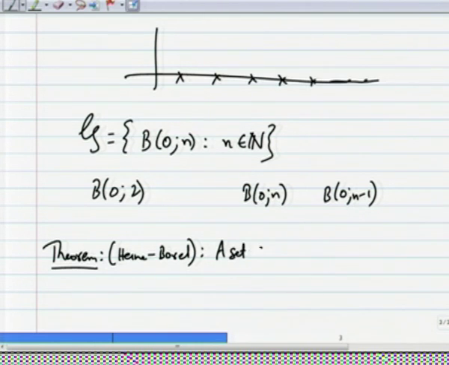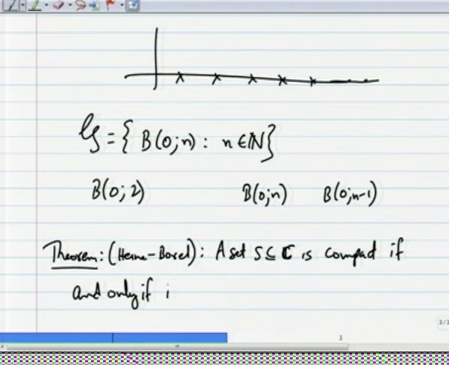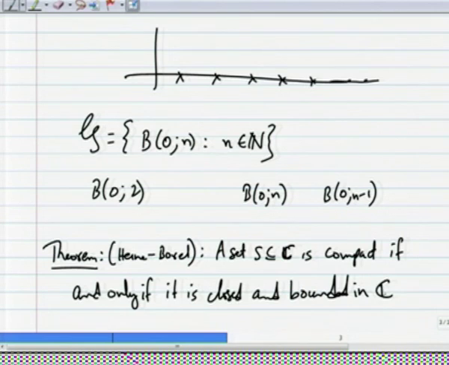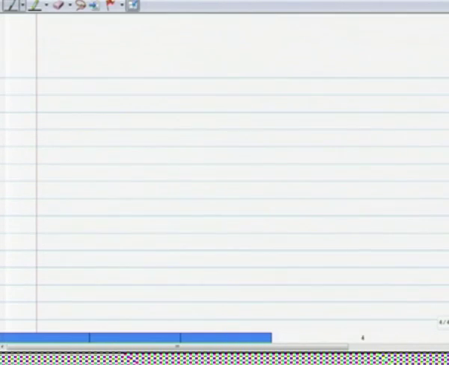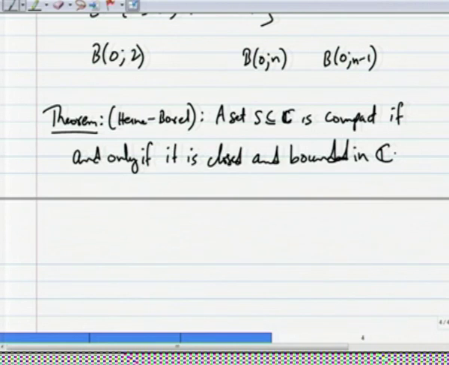A set S contained in C is compact if and only if it is closed and bounded in C. So, we will skip the proof of this theorem,